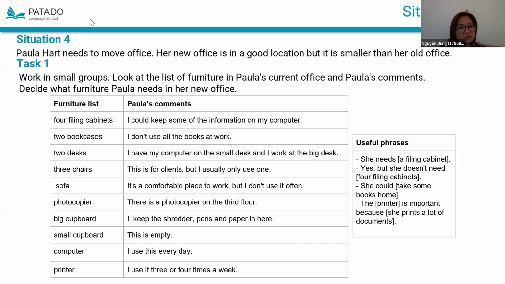Yes. Next is the photocopier. So are you planning to bring it with Paula? Do you think it's necessary to bring the photocopier if you already have the printer? Because the printer is non-negotiable since she is using it 3 to 4 times a week.